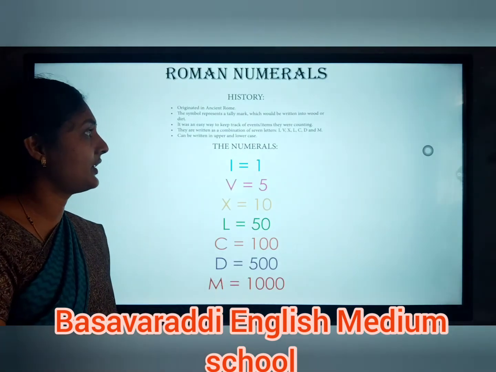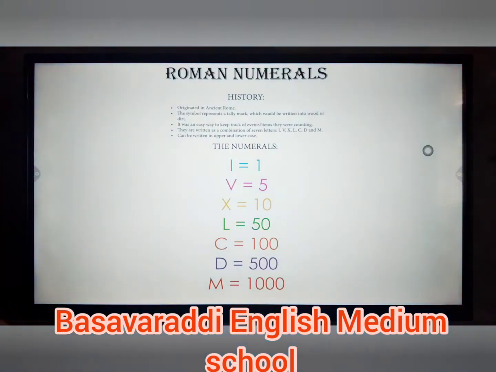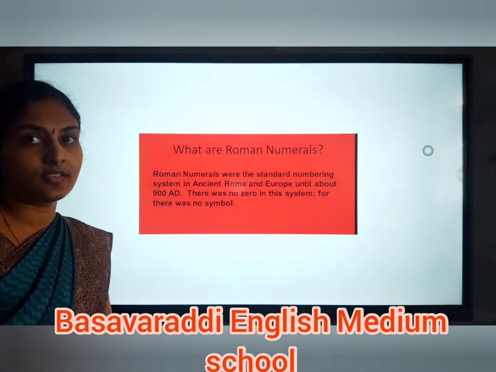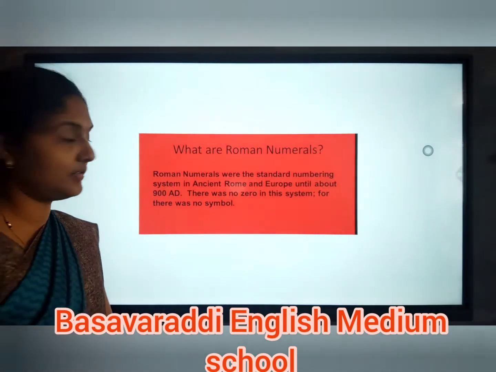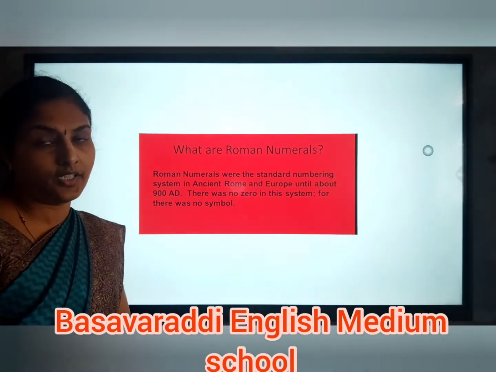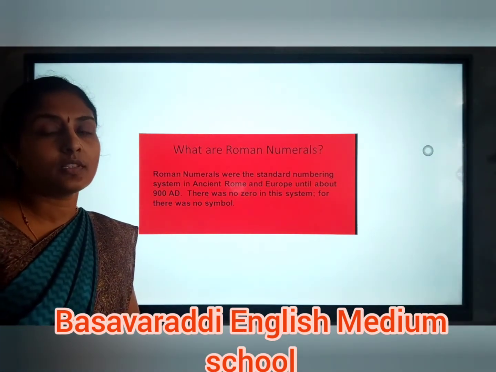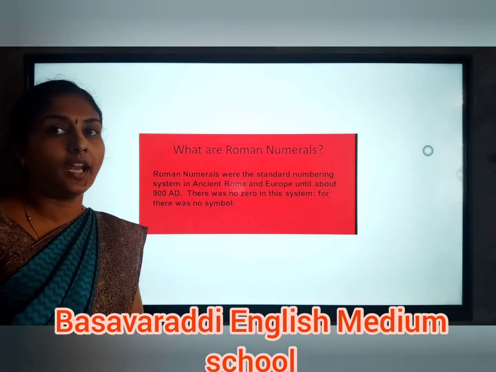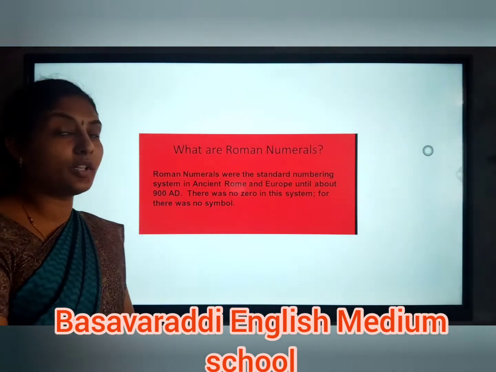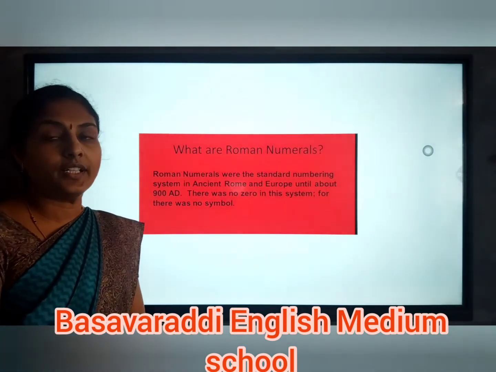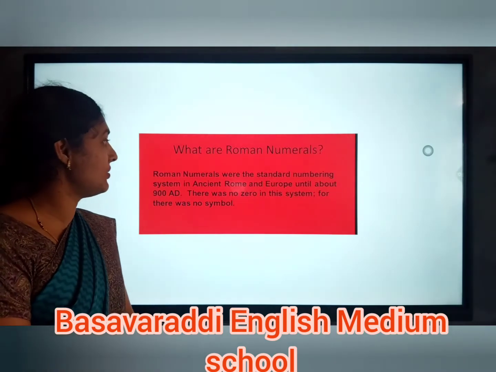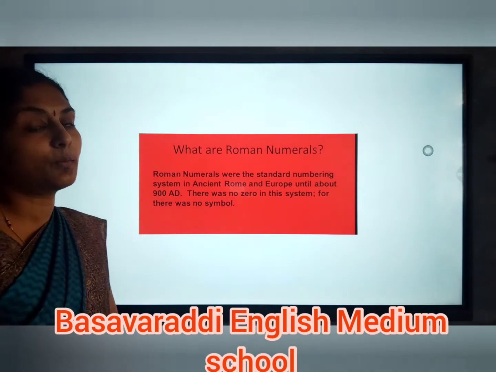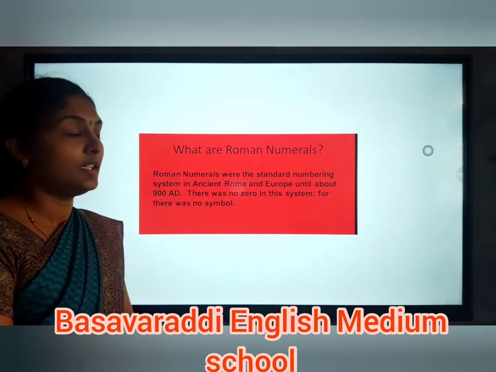So the next point is, what are Roman numerals? We already learned in the history that there are 7 symbols: I, V, X, L, C, D and M. For what purpose are we using them? What is the indication of 0? There is no 0 in this system, as there was no symbol for 0. Okay, the next one is,